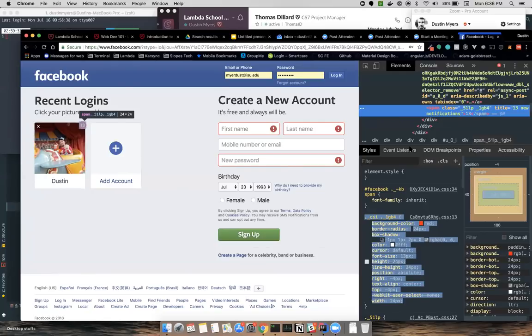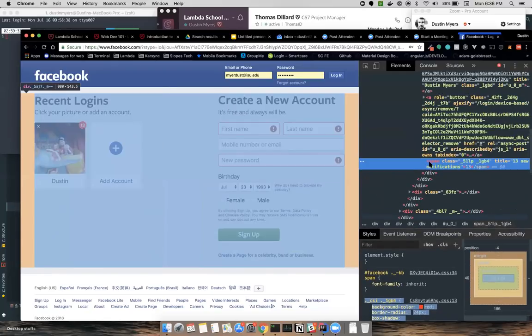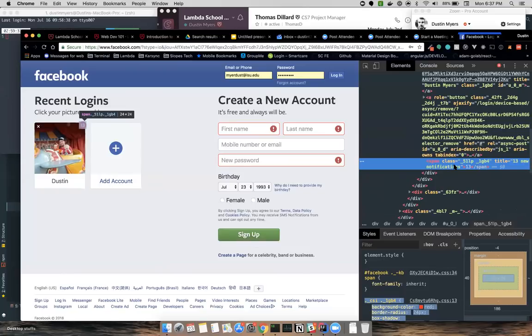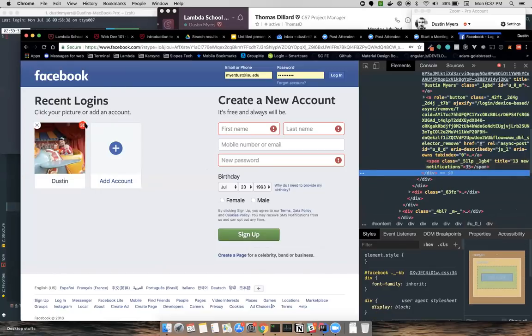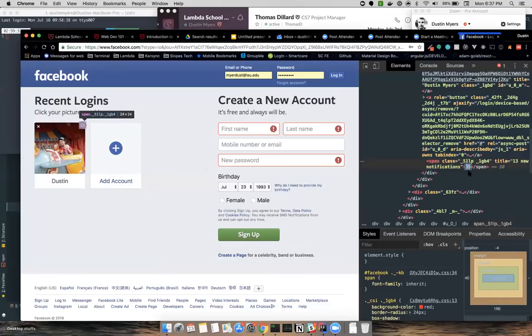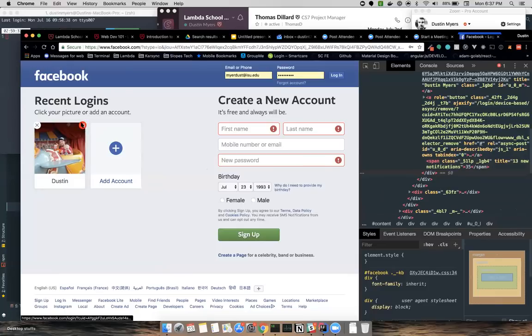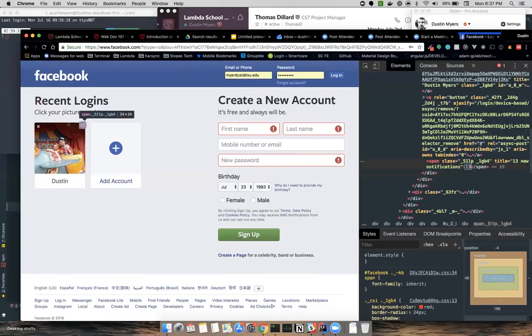Here in our HTML, the HTML gives this page the content, so we can even play around with the HTML. So now instead of 13 notifications, I just changed it to say 35 just by playing with it here. That doesn't mean that in Facebook's database it now thinks that there's 35 notifications for my Facebook profile. This is just a temporary change that we can do just here in the dev tools.